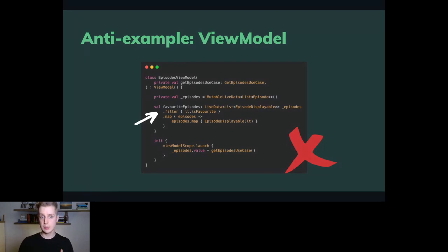So we have a similar scenario to the one we had with mapping functions, right? And in this case, we also break the single responsibility principle, because executing business logic is not a responsibility of a view model.